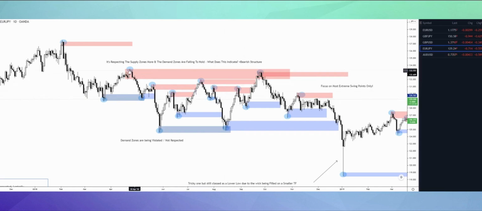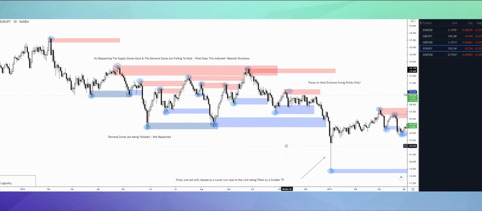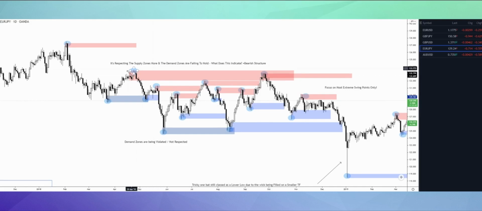If we just look at this right here, we can see that this is the most extreme point. We've broken structure, and this is classed as a supply zone. So we know that price could potentially tap into this before moving to the downside further. And again, it's the most extreme point, so a lower high. If price was going to continue bullish, it would be in bullish structure. But right now, it's not, because we're in bearish structure. The overall move is to the downside, and again, we haven't broken above the previous lower